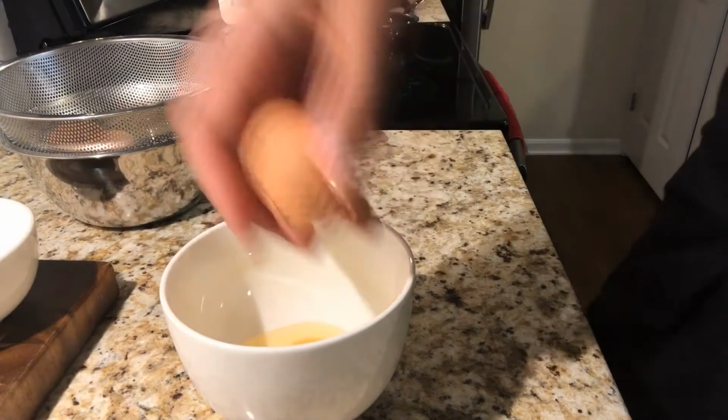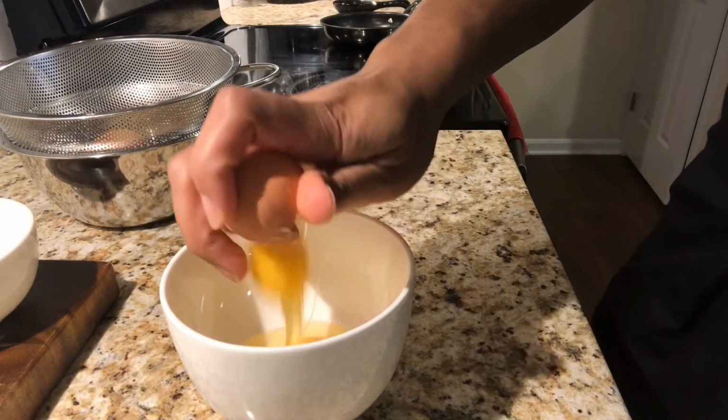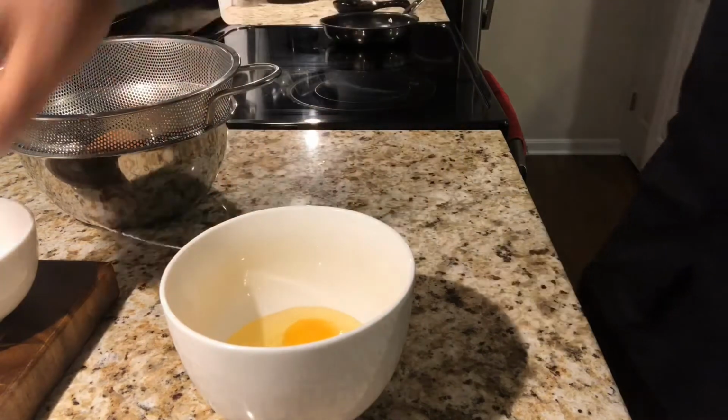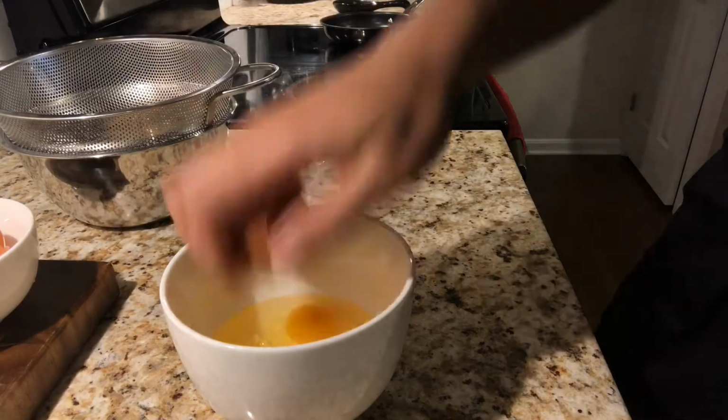All right, now we're going to add our 3 eggs to the bowl. We want to make sure that we don't get any shells in our eggs. And once we do that, we're going to begin to stir with the whisk to make sure that the yolk and the cell membrane are well blended together. All right, guys, now that you have your eggs in your bowl, let's whisk very well, okay? You want to whisk to make sure that all the egg is well blended in the cell membrane before you strain it. This is what helps your eggs be fluffy and have that beautiful yellow